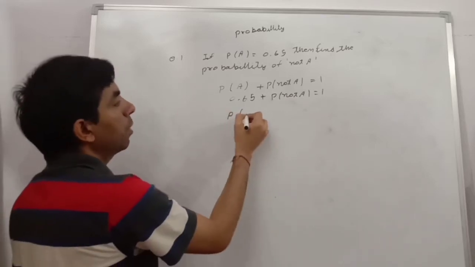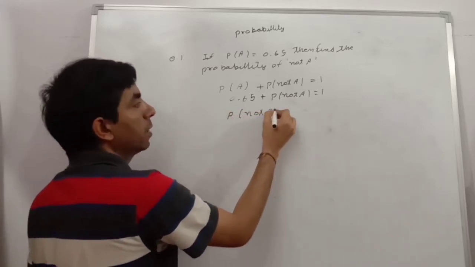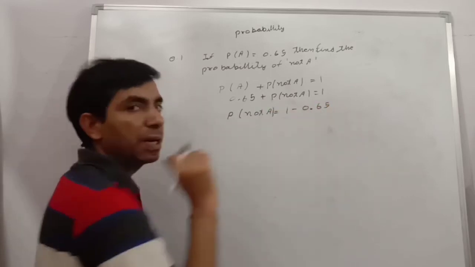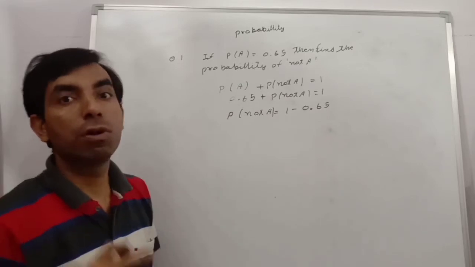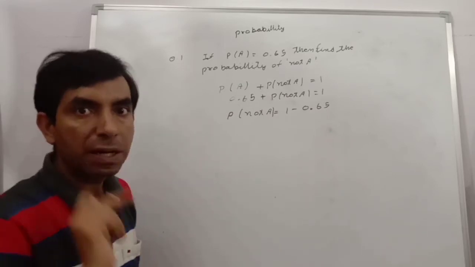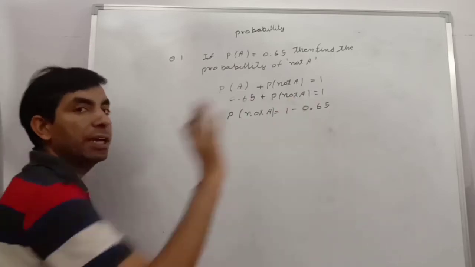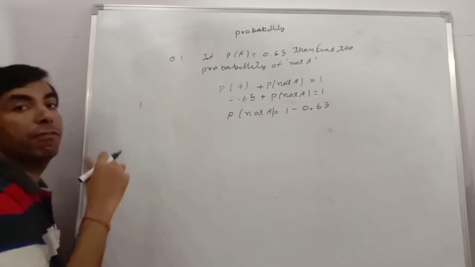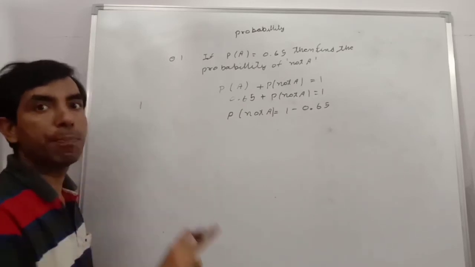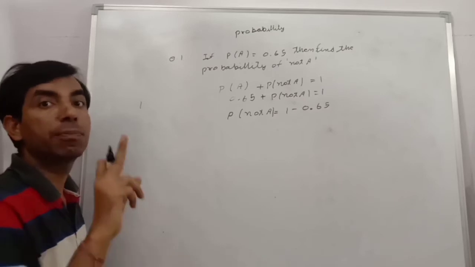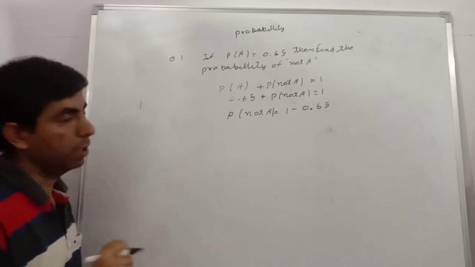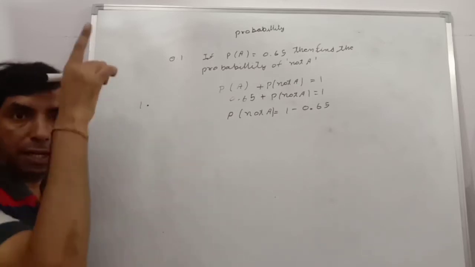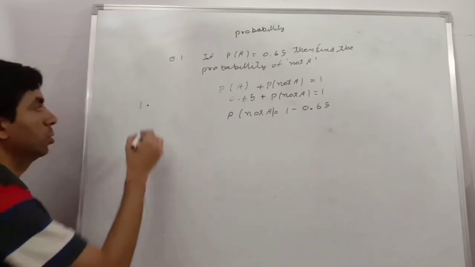So the probability of not A equals 1 minus 0.65. Subtraction is easy, but some students make a lot of mistakes in this question. So always remember, if you want to subtract a decimal number, first we write the 1. Here we do not have a decimal, so if any number does not have a decimal, then assume the decimal is at the end of the number. End of the number means here. So always write the decimals in one line, up to down.